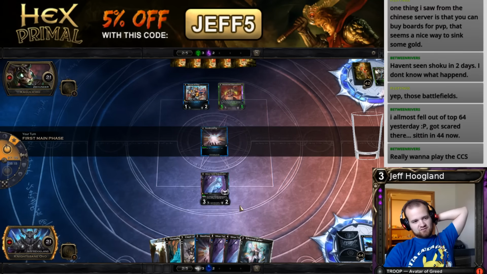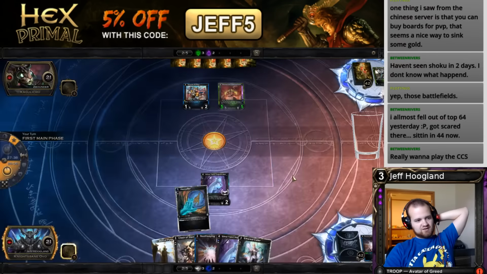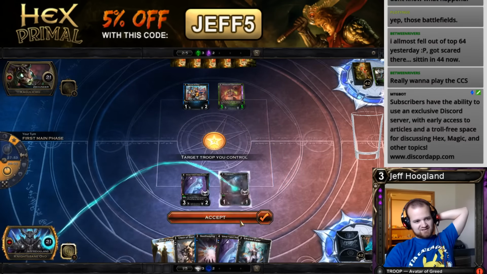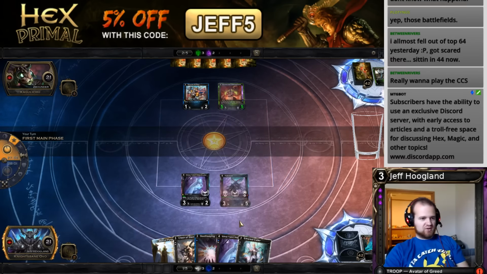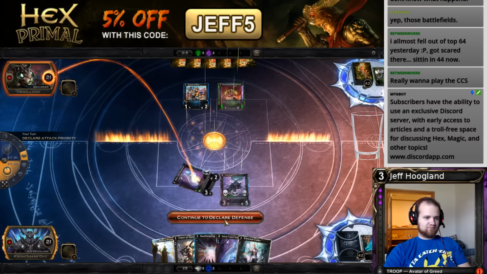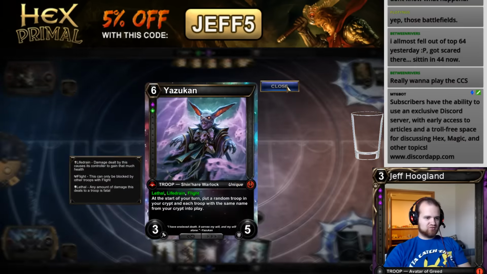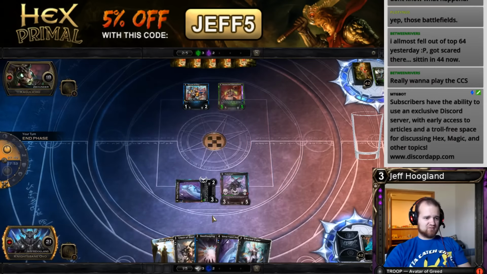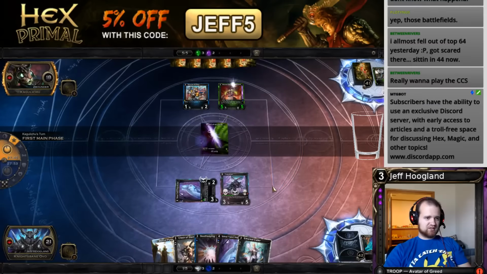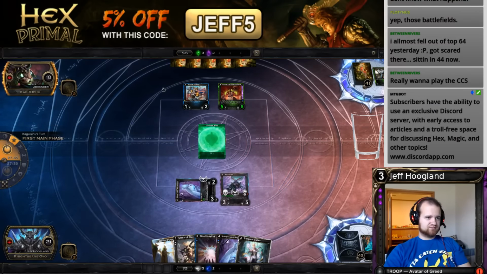Yeah, I'm going to bin this Silver Talon Adjudicator, and I'm going to Hereafter the crap out of this Yazucan. This also means they can't get the Azucan back with their champion power or Rotten Rancors or stuff like that. So, yeah, pretty happy with that. Yazucan says at the start of your turn, return a random troop from your crypt, and every troop with the same name as that troop into play under your control. So it will bring us back to Silver Talon Adjudicator, assuming this doesn't die. We could get Krakasword here, though, so...